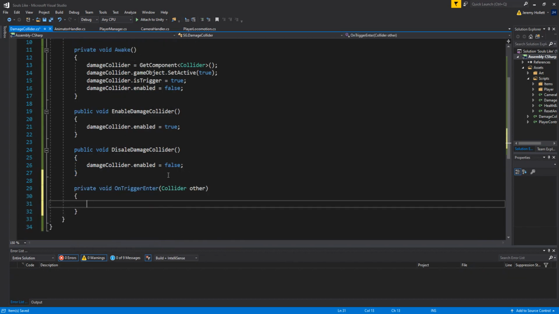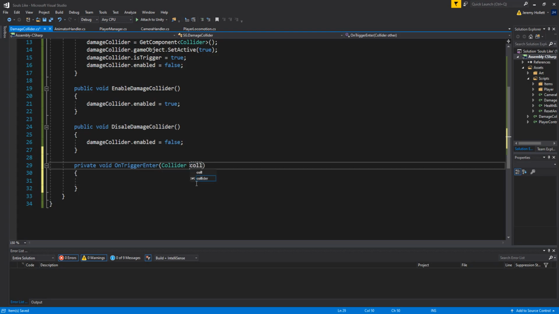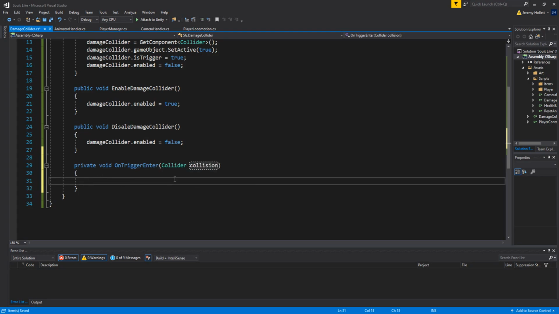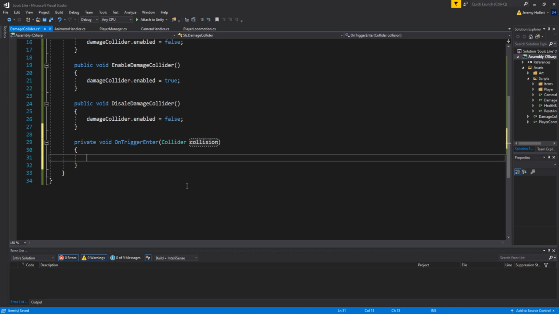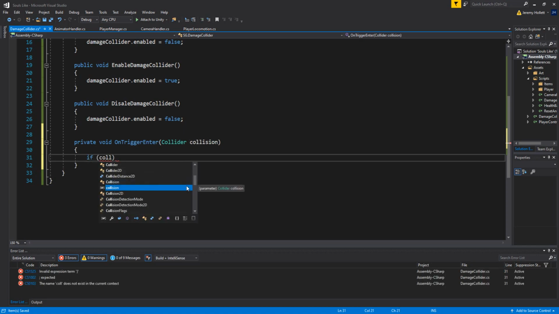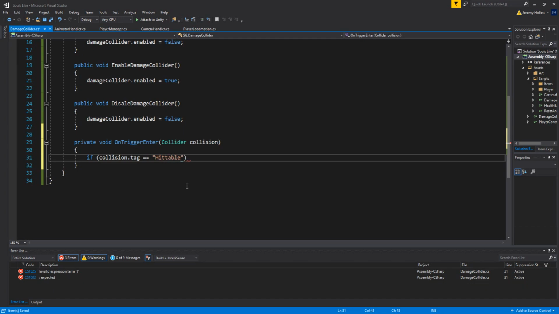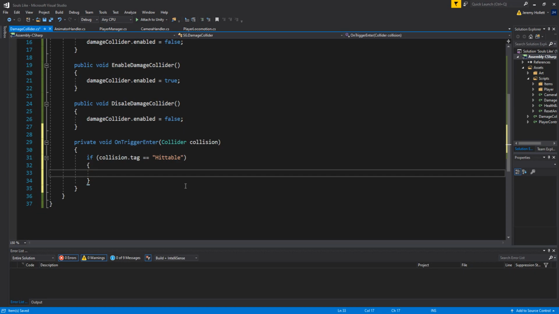Next, we're going to say on trigger enter. You remember we used this in the last episode, and we're going to say collision. So when this collider meets with something else, we're going to say if collision.tag is equal to hittable. I'll say hittable for now. We might change that though. So if it collides with something that has a tag called hittable,